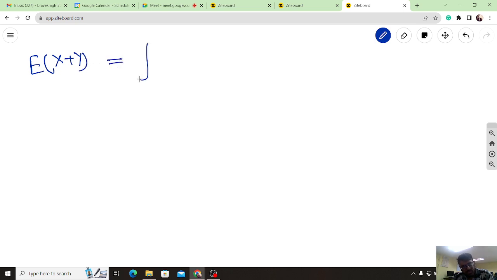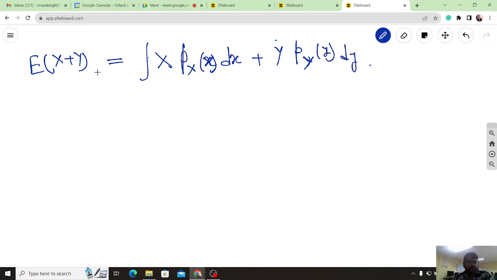This is actually x p of x dx plus, if I take the expected value over these two variables, y p of y dy. So basically if I take expected value over these,